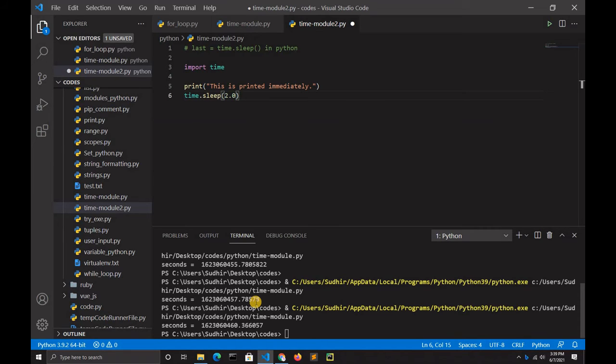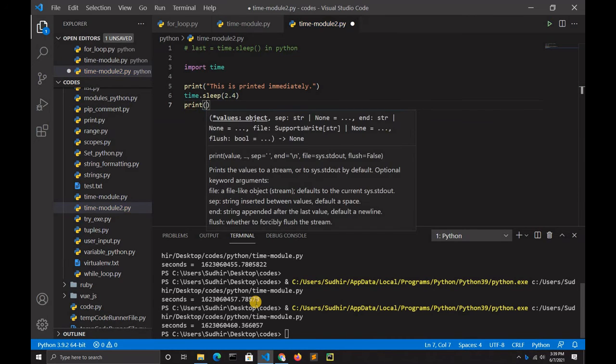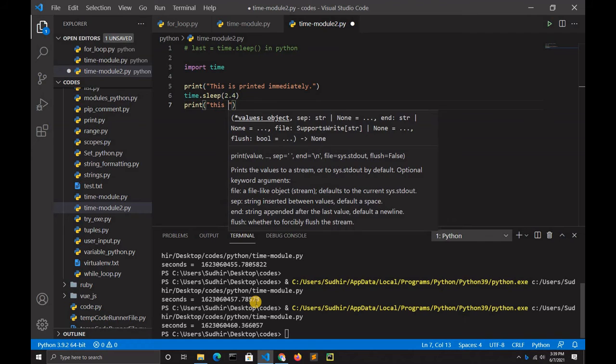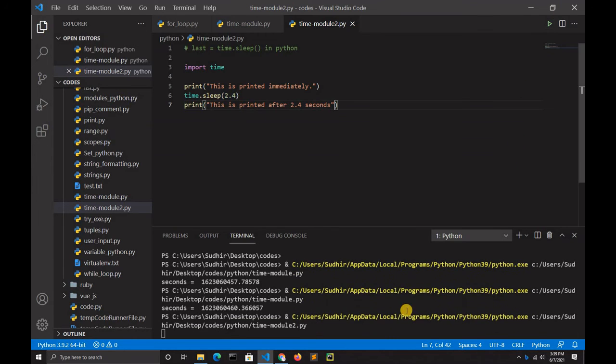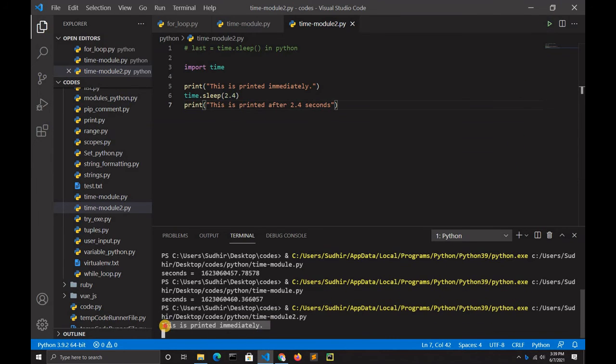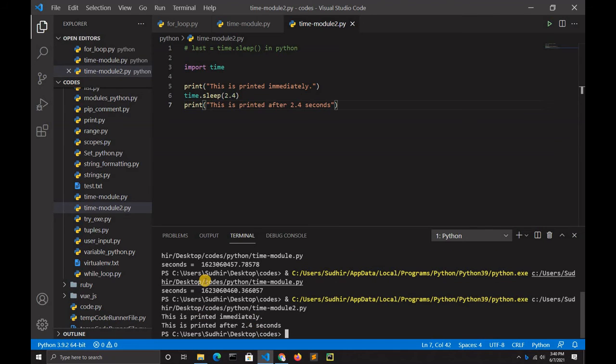Or instead of 2.0 we can type 2.4, and then type print, this is printed after 2.4 seconds. When we run this file, you can see this is printed immediately and this is printed after 2.4 seconds.